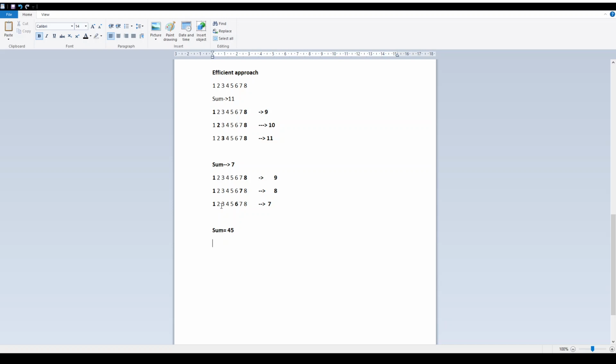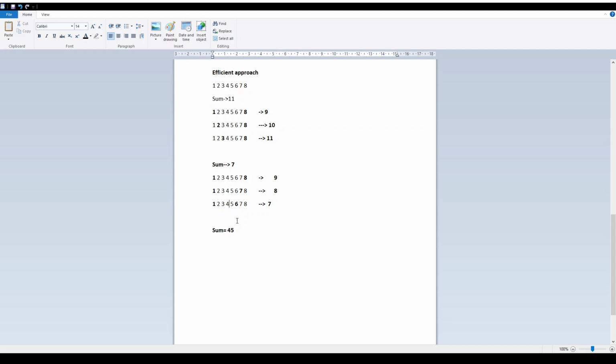So we are decreasing our higher index and increasing our lower index, right? Increasing the lower pointer and decreasing the higher pointer. There will be one stage where the lower pointer will be here and the higher pointer will be here, and when we move one of them, we will come to the same number.